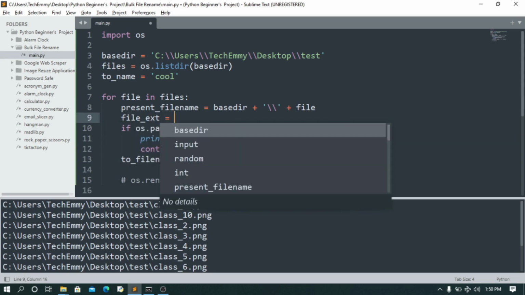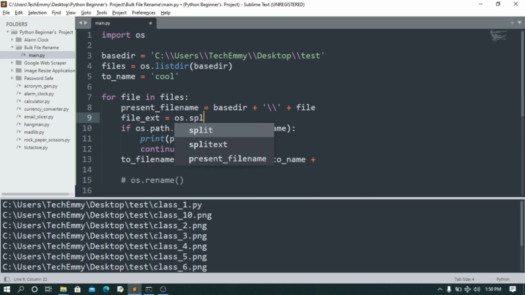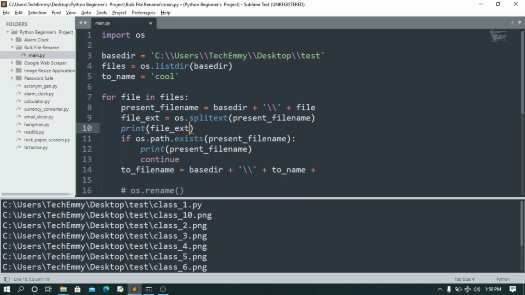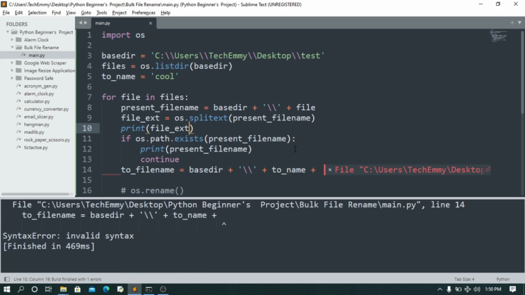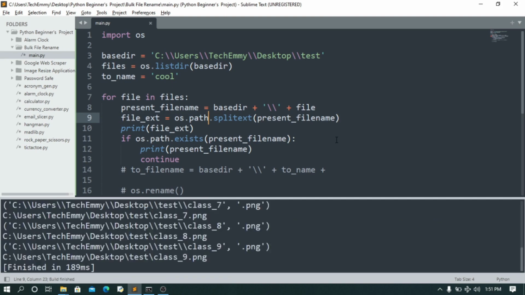File extension. Then file extension is going to be os.path.splitext. Then we're going to pass the present file name to it. So let's print file extension and confirm that works. We're going to run that. Okay, we have to comment this, it's not complete. Oh my bad, sorry, mistake. It's always os.path.splitext rather. Okay, yeah. So as you can see, it returns the name of the file and then the extension